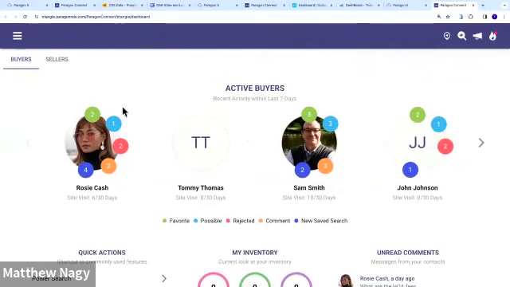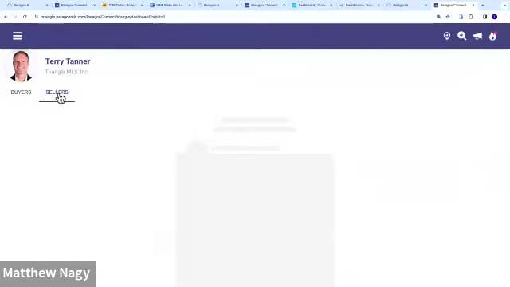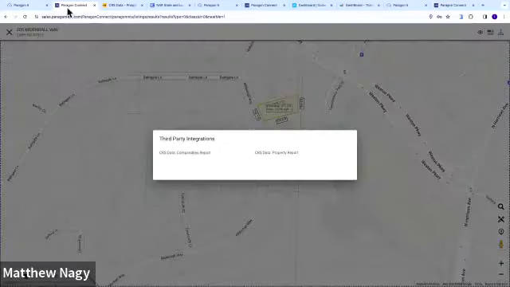we're going to add to that, and that is we talked a little bit about these active buyers in the middle. And you guys remember this, correct? So this is telling me Rosie's the most active, and then here are the things that Rosie has done. There's also another tab here called sellers, okay? If you tap on that, all of your properties,